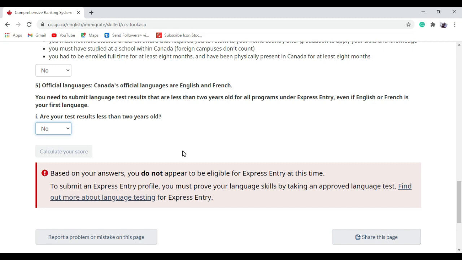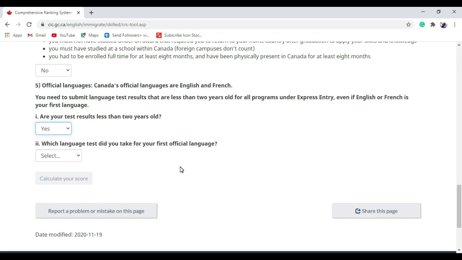So guys, your official language score in English or French should be within the range of 2 years. Otherwise it will straight away say you are not eligible, and even if you create a profile with that score, it's going to get rejected. So in this case, we are selecting yes, it's less than 2 years old.